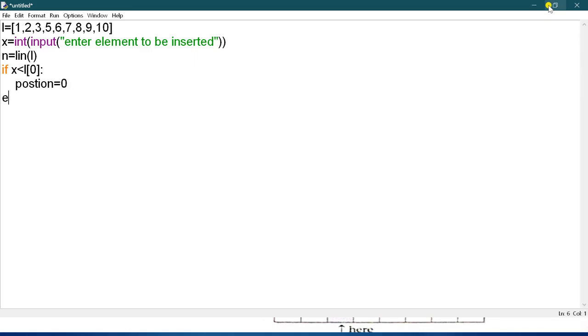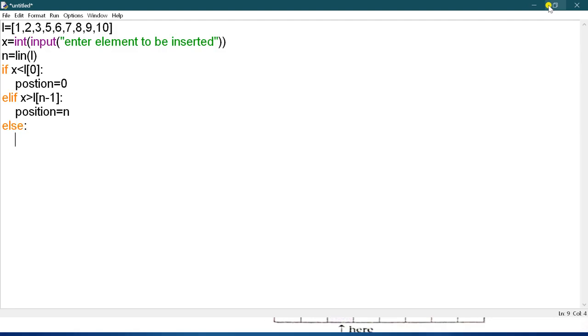Else, that is elif, if x is greater than L of n minus 1, then the position will become last, that is the position is n. And if it is in the middle, then you have to traverse the list.